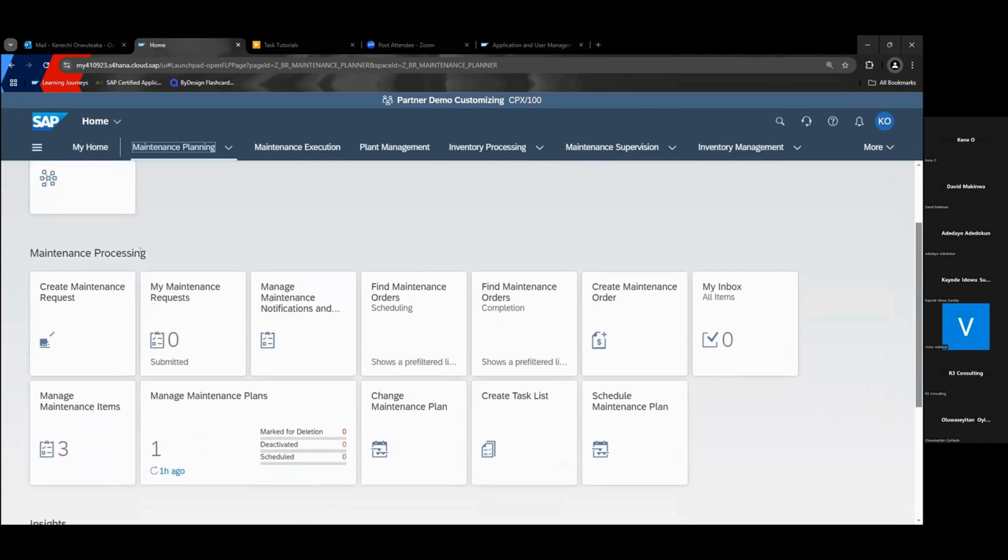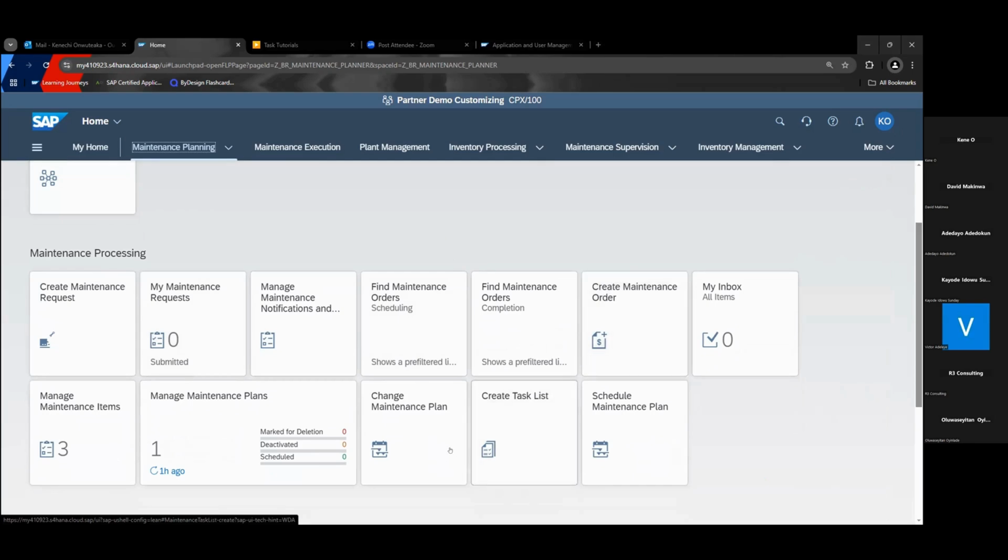If we can remember when I was mentioning some of the work centers that we are going to be using, we have the create maintenance. We manage our maintenance here. We can find our orders here. We can create maintenance orders directly if we want to skip the notification process. We can just go directly and create our orders.